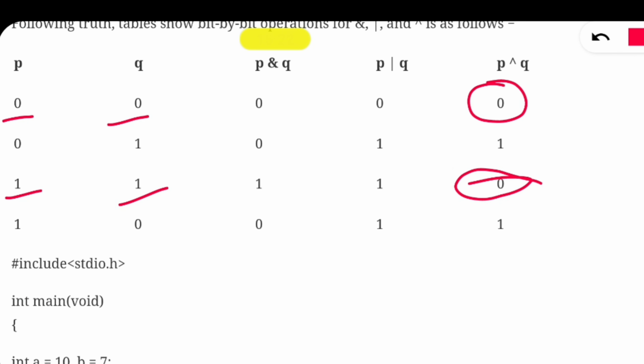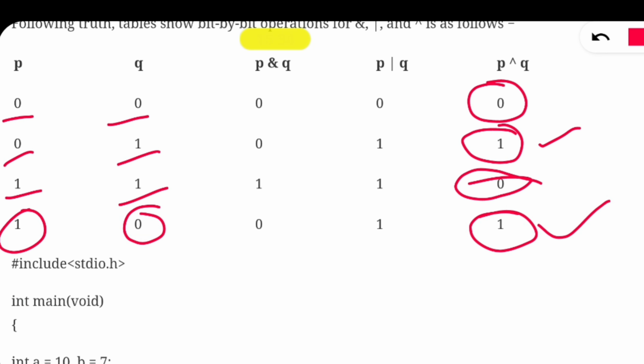Say first input is 0, second input is 0, the output will be 0. Here also first input is 1, second input is 1, both inputs are same, so it will be 0. Other than that, all inputs will be true. Suppose first input is 0, another is true, so it will be true. First input is true, another is false, it will be true. Just you have to remember this truth table while working with all these bitwise operators.